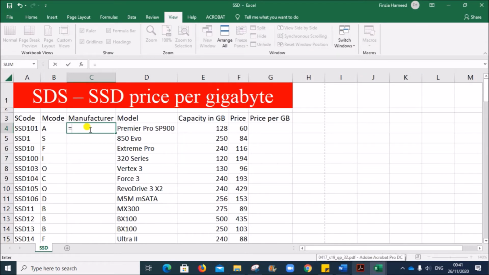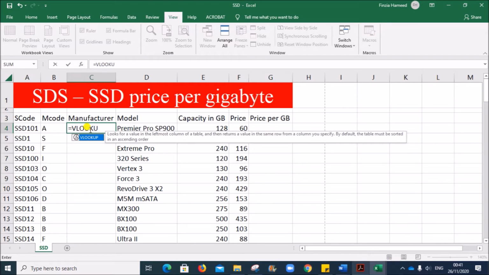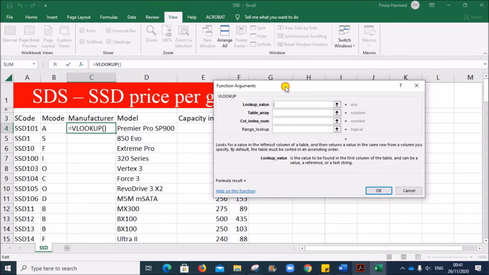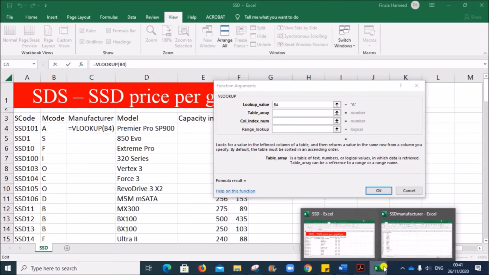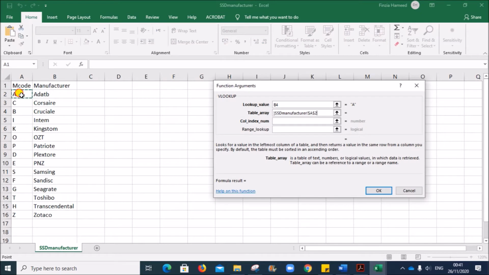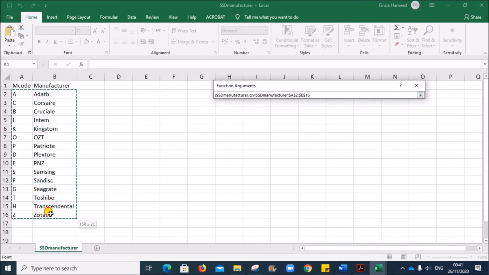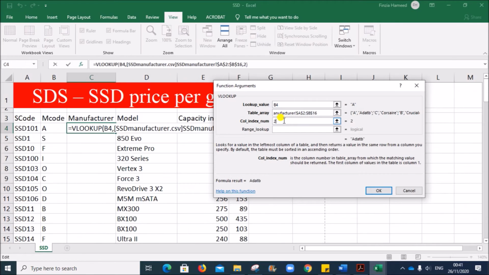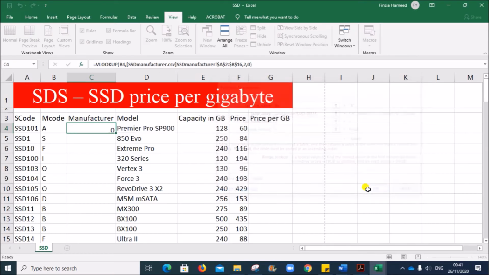So it's a VLOOKUP function. Lookup value is the M code, it's given, and the table array is the manufacturer file. So select the data, and manufacturer is in the second column. So column index is 2 and range lookup is 0. Give OK.